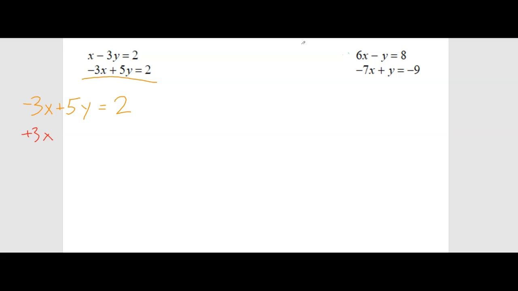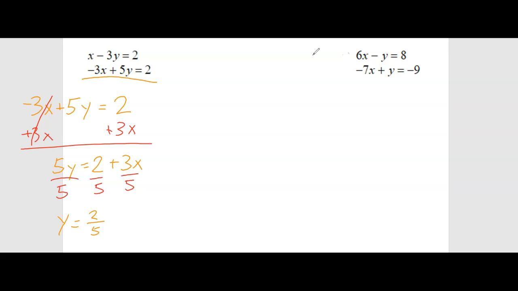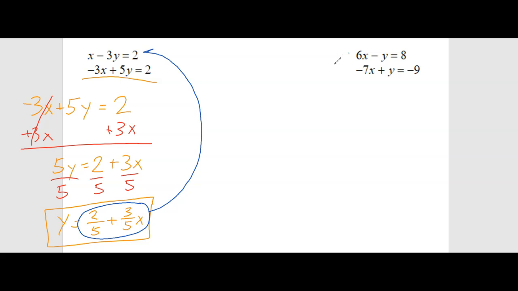So we'll add 3x to both sides. So I'll get 5y is equal to 2 plus 3x, or you could do 3x plus 2, either way. And I've got to divide everything by 5. So I'm going to get y is equal to 2/5 plus 3/5 x. So we've solved for y, and we could take this quantity right here and substitute it back into the first equation. So we used the second equation to solve for y, then we need to substitute back into the other one,